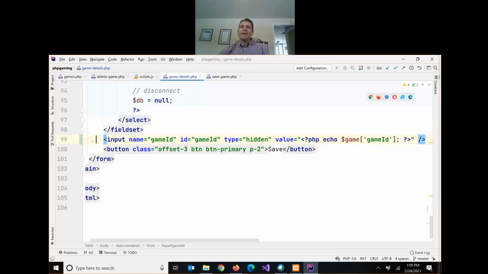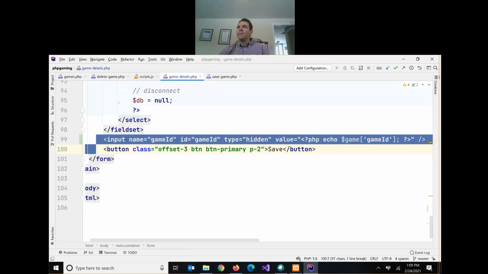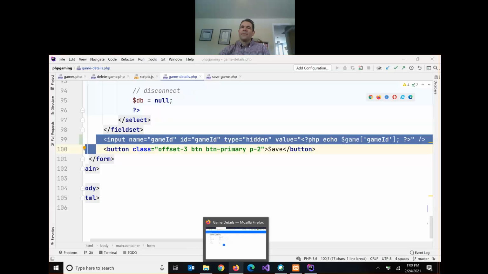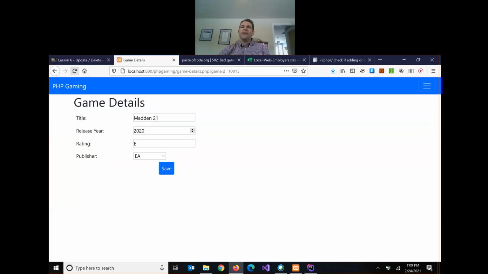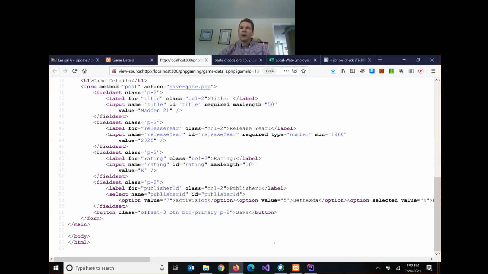So we're going to add this anywhere inside the form. Typically, we put hidden fields down near the bottom, so we don't actually see it. If I look up a game, you don't see the game ID, but in the page source,